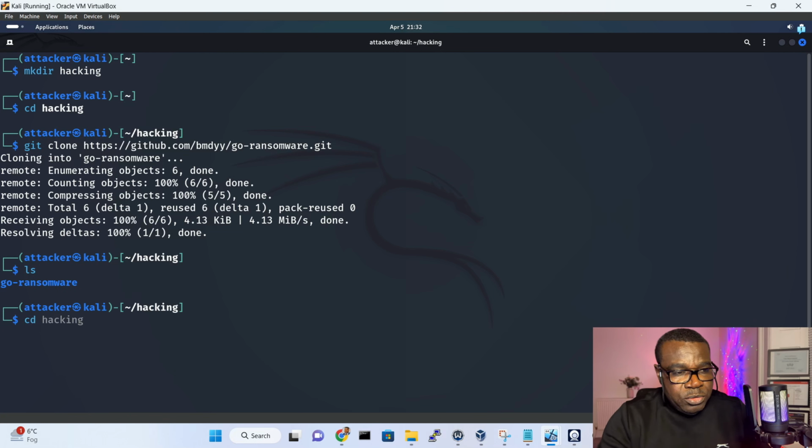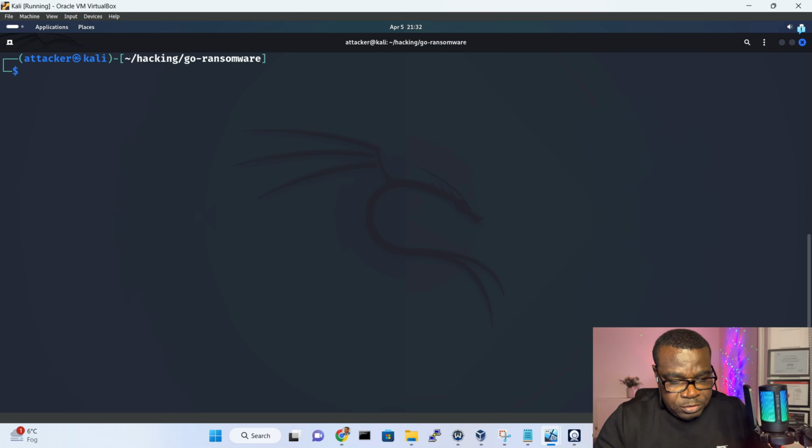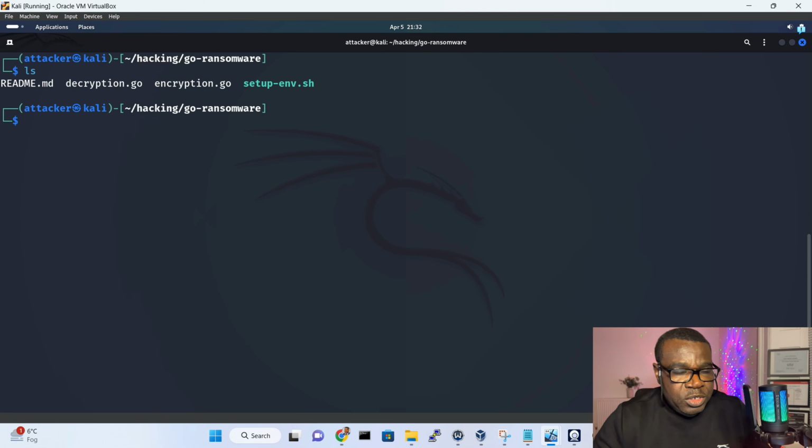Then I will cd into the directory of the downloaded ransomware. Let's go. If I ls, let me just clear my screen first. If I ls, you see we have readme.md, we have decryption.go and encryption.go, and then we have setup-encryption.sh. Now we are running this in a virtual environment, and in this virtual environment, the machine